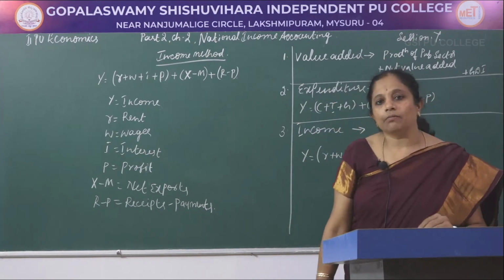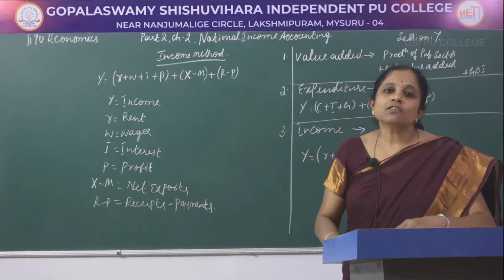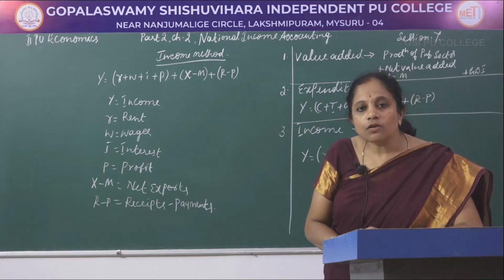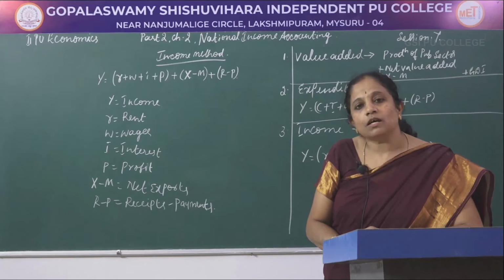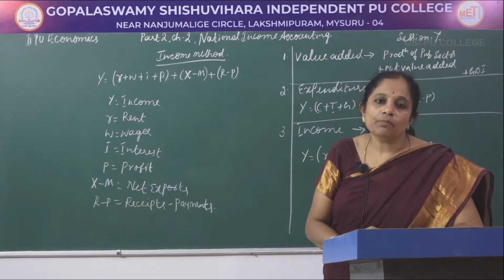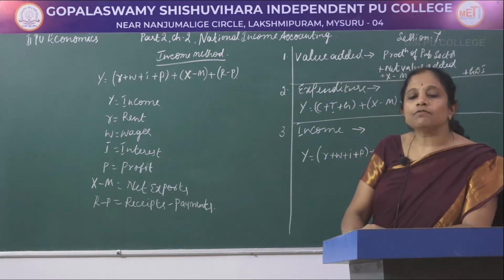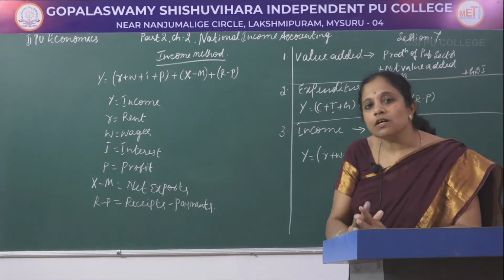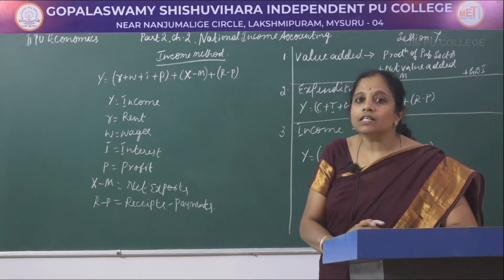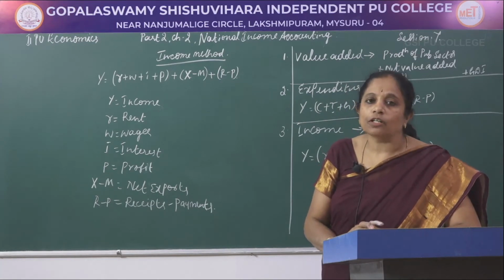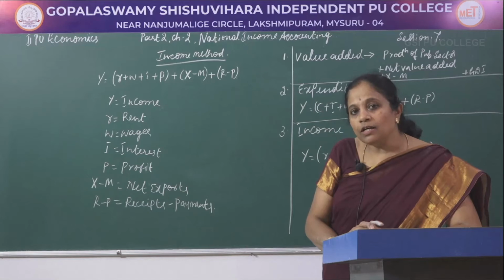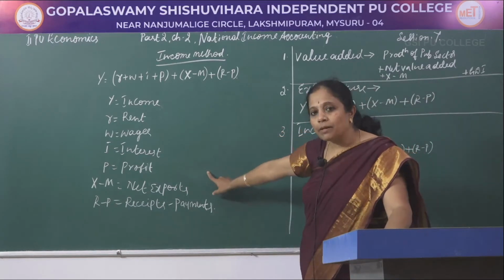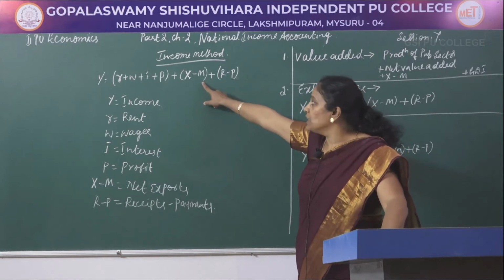receipts minus payments. So, the factors of production play a very important role in the calculation of the aggregate value of goods and services that are produced over a period of time, and these factors of production have rewards, and these rewards or remunerations are considered as the major income for the economy. So, here the income that is made in the form of factor payments is considered, and after that here we